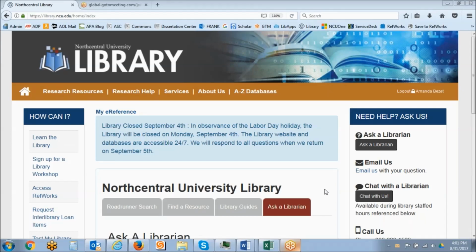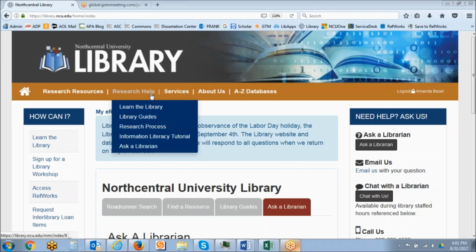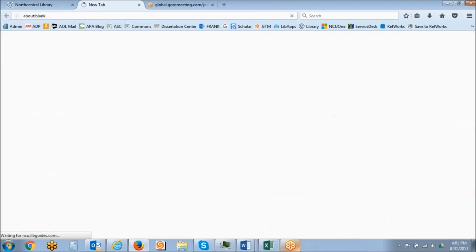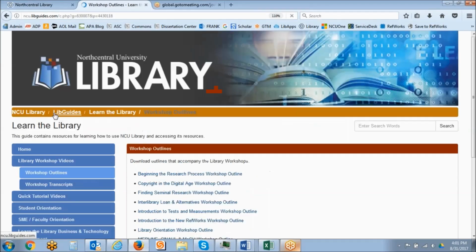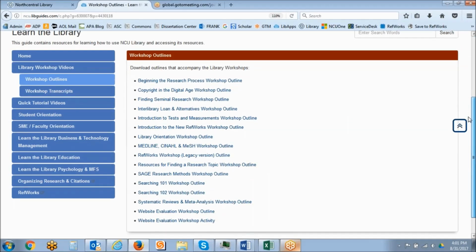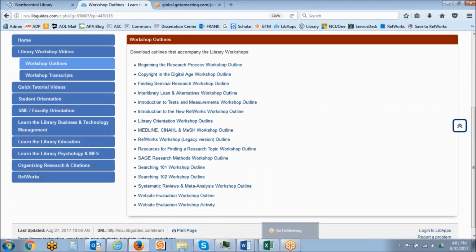Now we do have a number of learning objectives today that are located in your workshop outline. If you do not have your workshop outline in front of you, that's certainly okay. I'd like to show you where you can access that at any point. So you can go to the Research Help drop-down menu and click on Learn the Library. From here, you're going to click on the Library Workshop videos in order to access the full-length video recordings of all of our library's workshops, or you can navigate to the outlines as well as the transcripts. So I'll click on the outlines, and then if you need to return to the website evaluation outline, you will